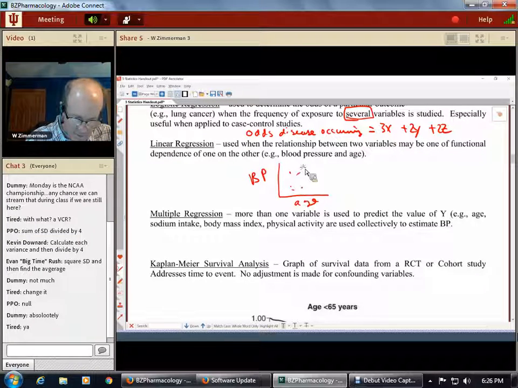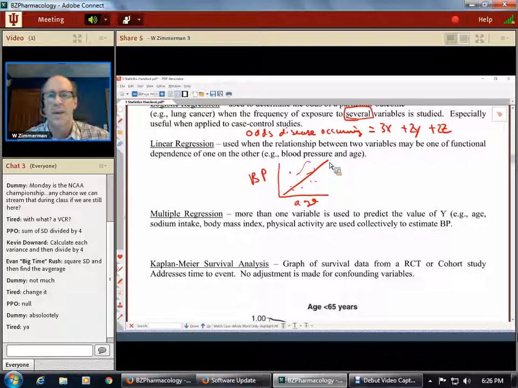And get all this scattered data, and then the computer draws a line through it, something like that. And generally, as we age, our blood pressure goes up. In this type of regression, you might say, well, just give me a correlation coefficient. You've got a lot more there than a correlation coefficient. I can tell you that it's highly correlated, but this slope